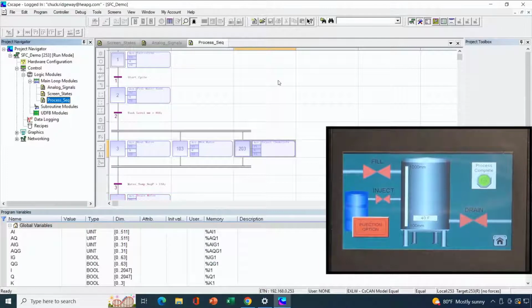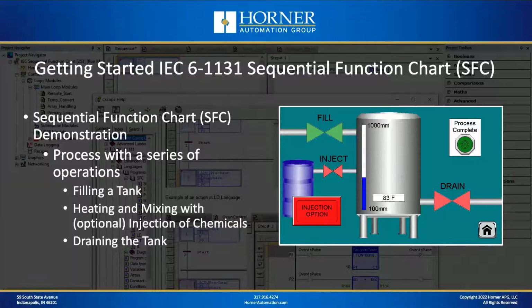Okay, so that is another example of SFC with a slightly different process, this time utilizing ladder logic for the actions on one of the steps. That's one of the beauties of SFC, is you do have your choice of a few languages when you're programming the actions within each step, and you have your choice of ladder or structured text when you're programming transitions. Very good. So hopefully you found those examples valuable and you'll get a chance to start working with SFC for a project or maybe just on the bench to get familiar with it so you'll be ready to use it